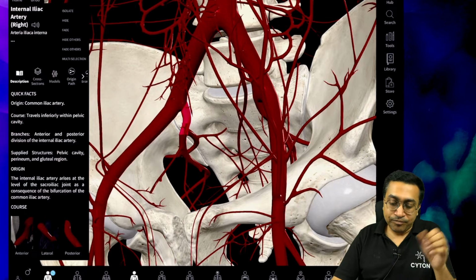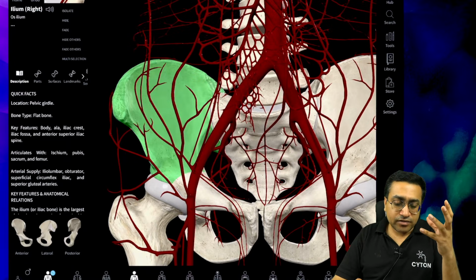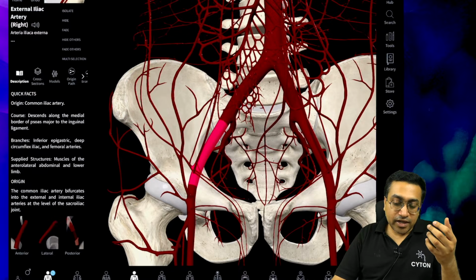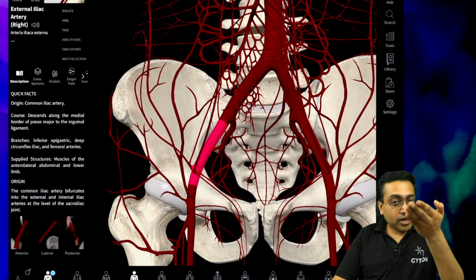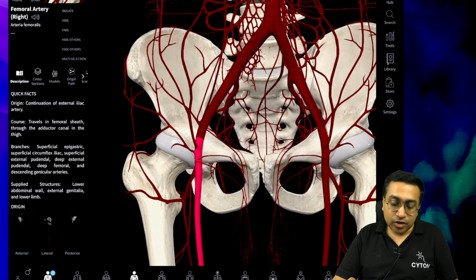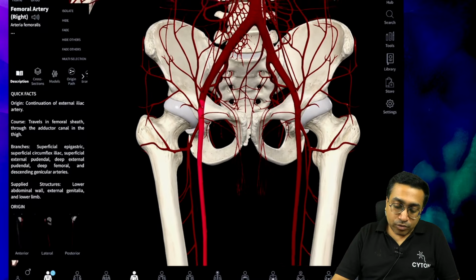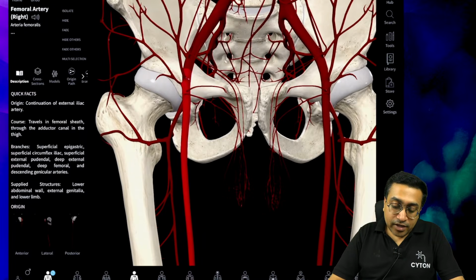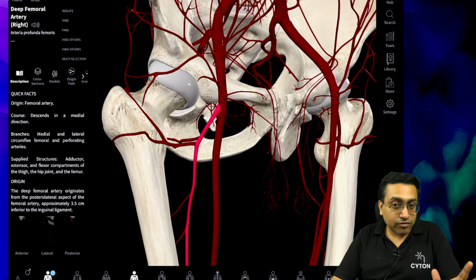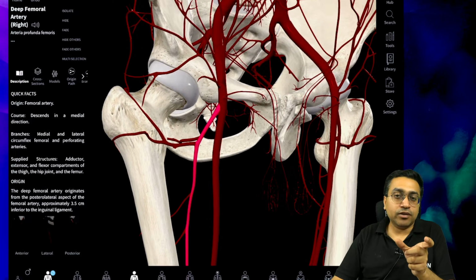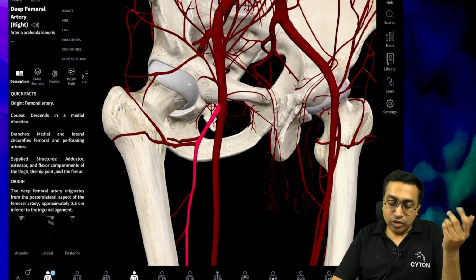Okay, then talking about the external iliac, as the name suggests, the word iliac is taken from the ilium bone. So the external iliac is the one which is going outside, and you can see it is further continuing into the major vessel for the lower limb, that is the femoral artery. Femoral artery on either side, and there is an artery known as the deep femoral artery, the profunda femoris artery. Profunda word you will hear multiple times from me. Profunda means deep. Similarly there was profunda brachii also in the upper limb.